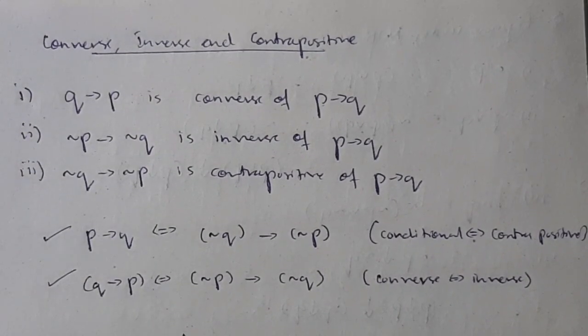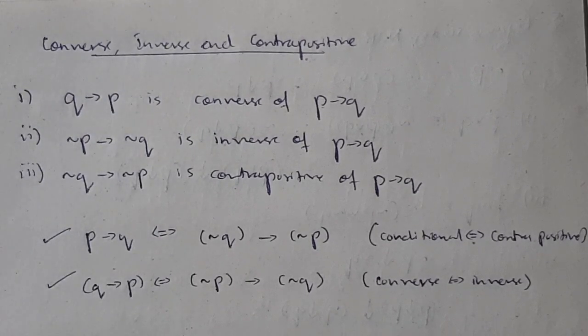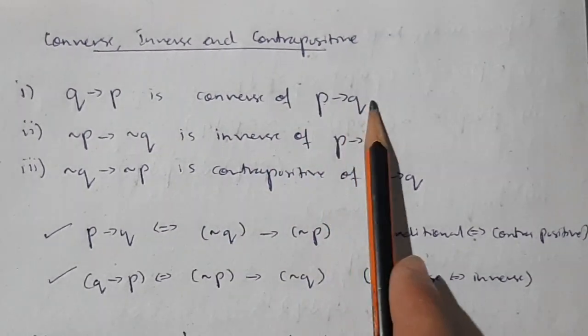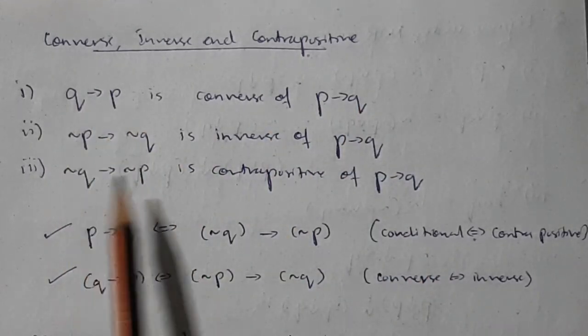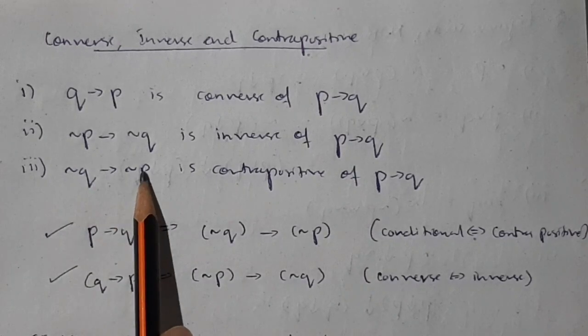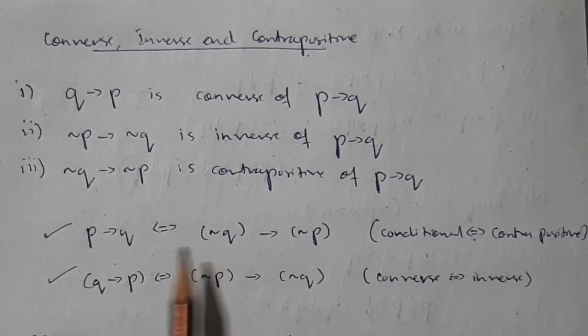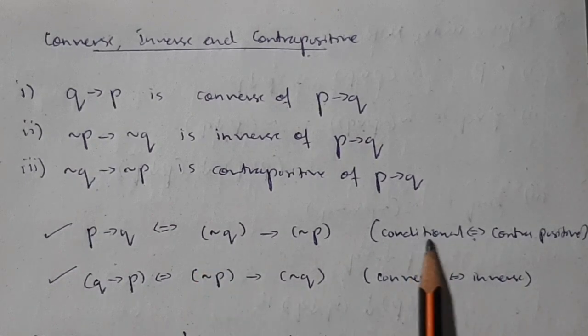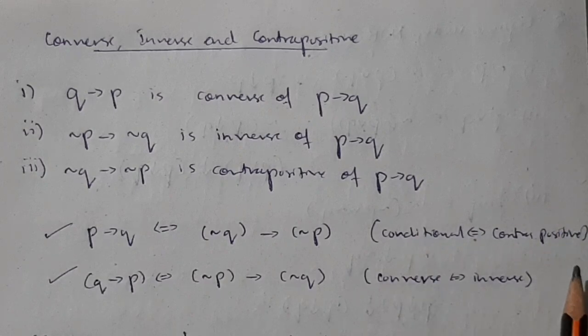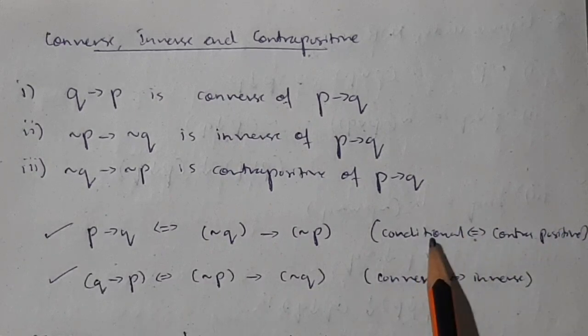Moving on, we have some theoretical concepts, which are converse, inverse and contrapositive. These can be used in laws of logic, and are used a lot of times. So let's see what they are. This is the conditional given, p conditional q. The converse is q conditional p. Similarly, the inverse is not p conditional not q, and the contrapositive is not q conditional not p. Remember these three, and these two are the conclusions drawn from this. The conditional and the contrapositive are logically equivalent. The converse and the inverse are logically equivalent. Remember this, and it will be used in proving statements.